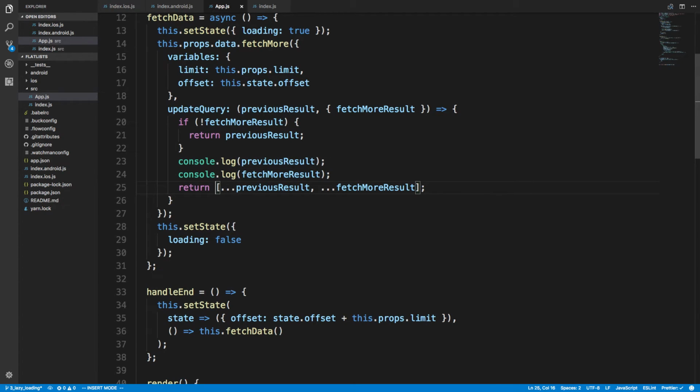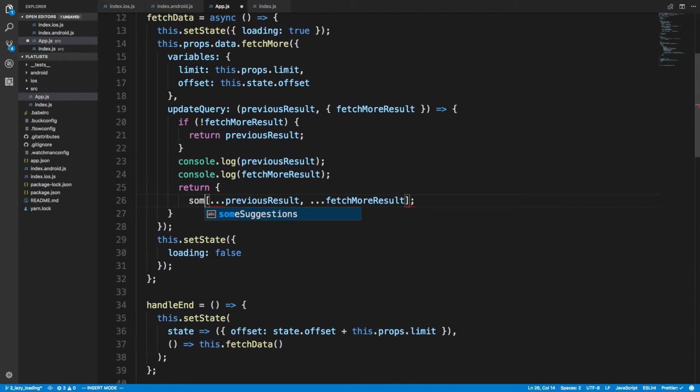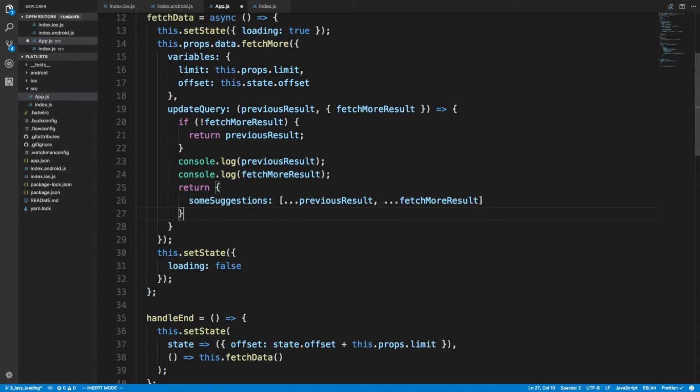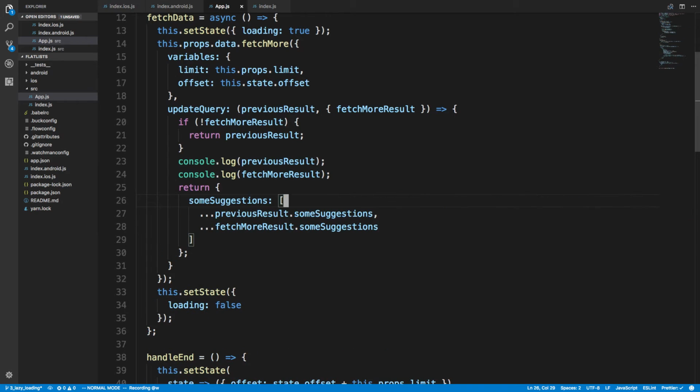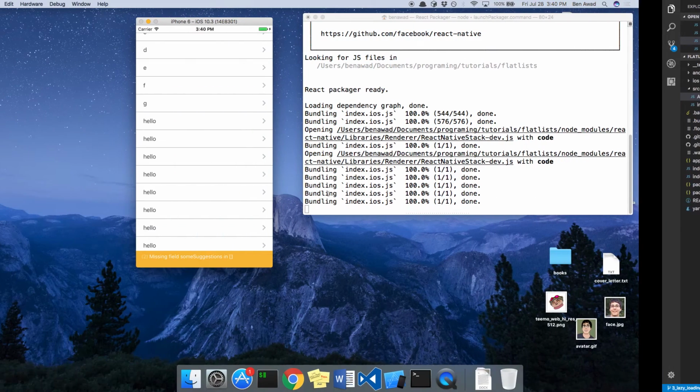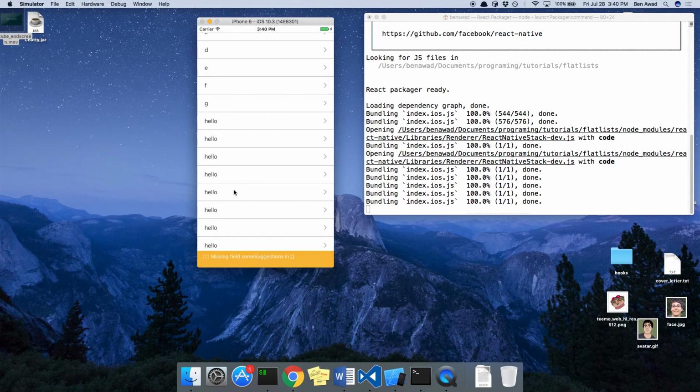So we need to be creating an object, some suggestions here, which is an array. So we need to mirror what the data looks like. So this, we're going to get some suggestions, and here we're going to do the same thing. And now we should be good. So we want our object that we're returning here to mirror what we're getting from previous result. And if we refresh,